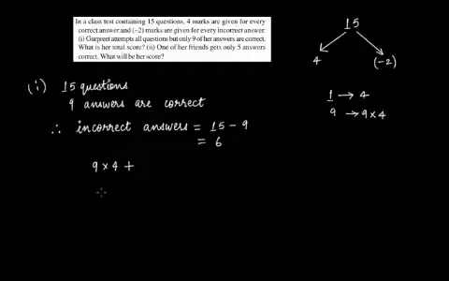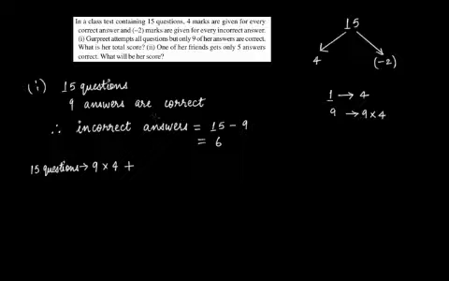Plus, why plus? Because we are counting for all of the 15 questions. So 9 times 4 for the correct answers, and for the incorrect ones she attempted 6 questions incorrectly,